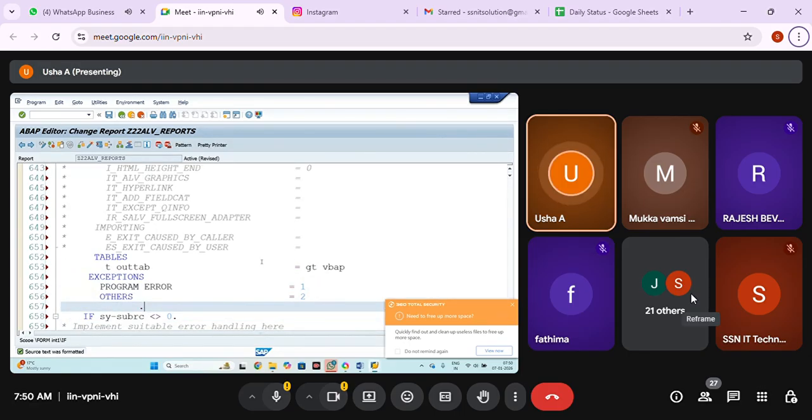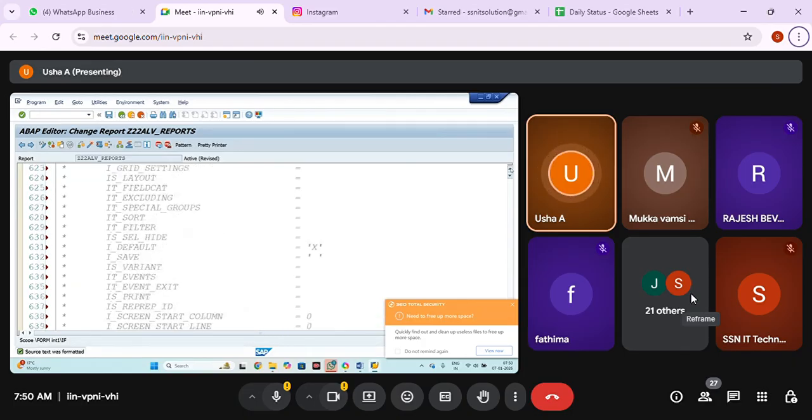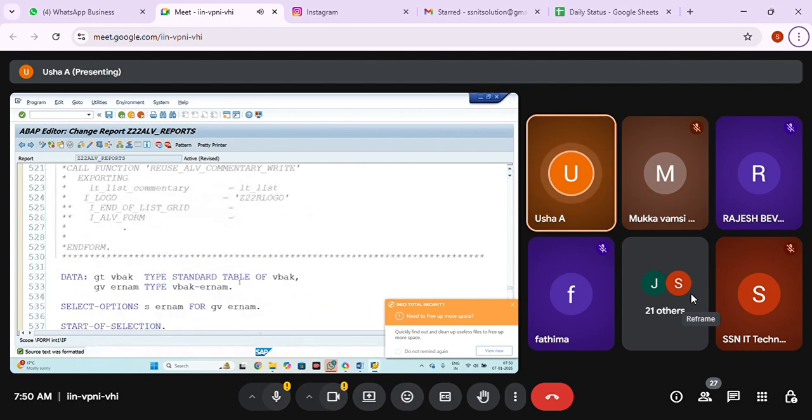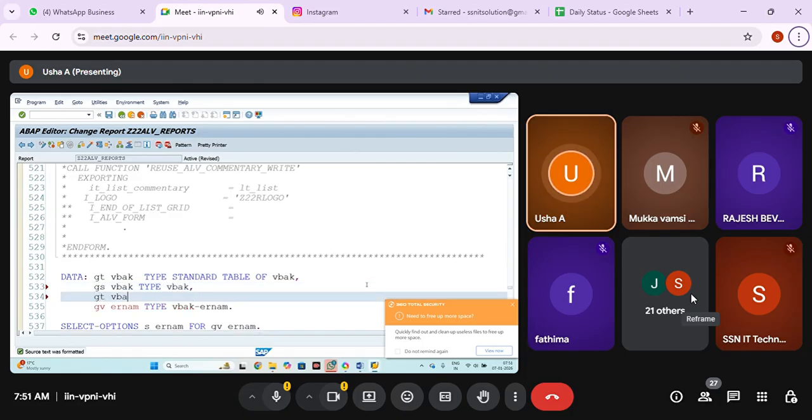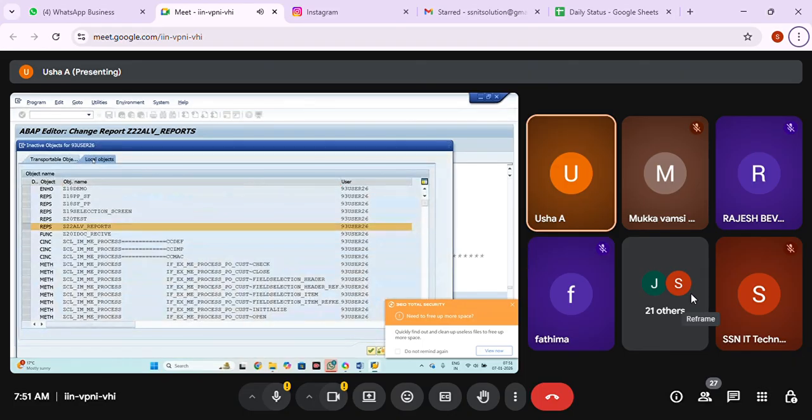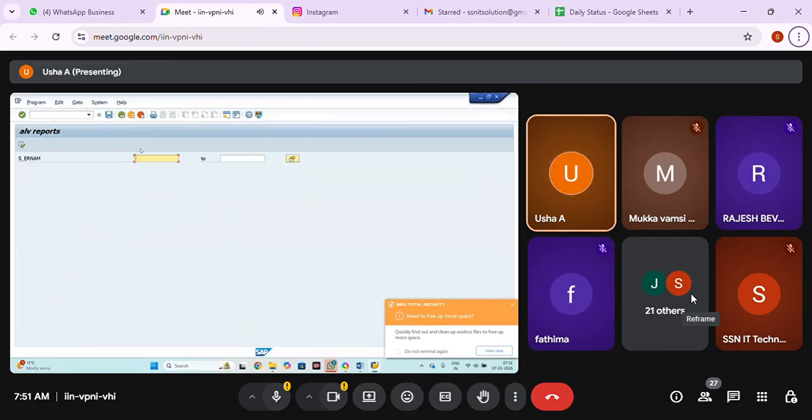Now, if I want to activate, first of all, you will get the errors because I have not declared GT_VBAP, GSVBAK and all. GSVBAK type VBAK, GT_VBAP type standard table of VBAP. Okay. Activate it and then run it.